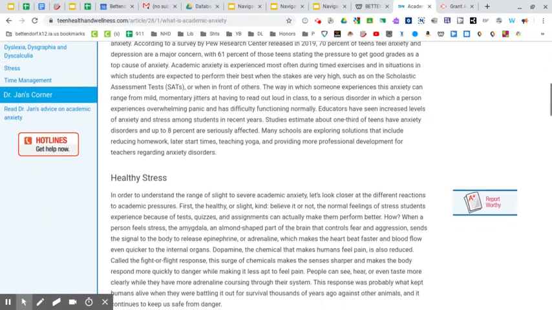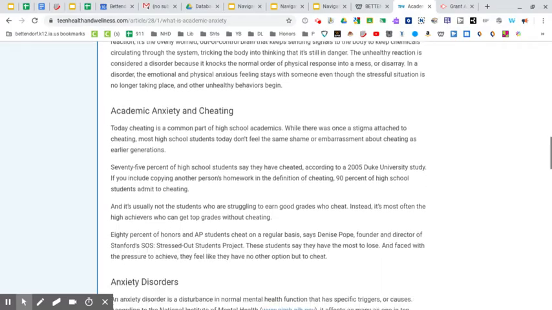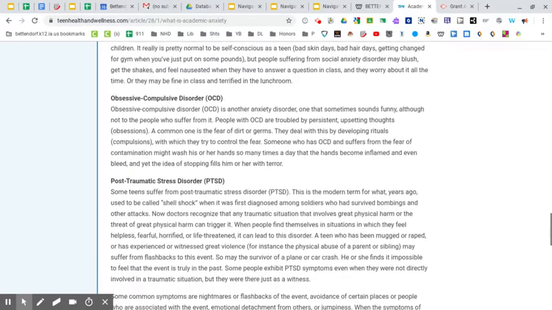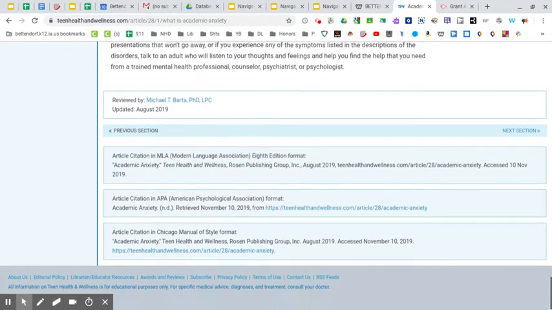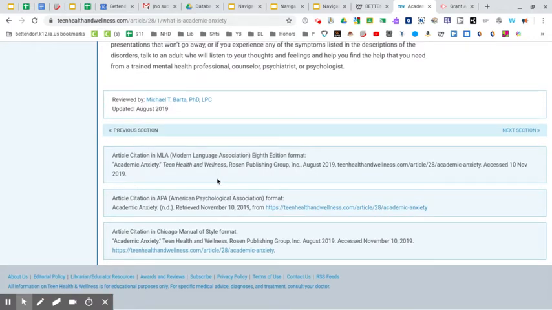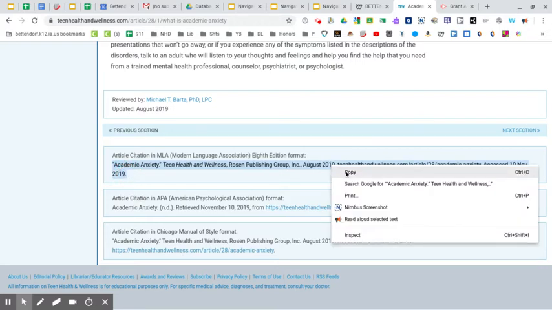And then a final reminder that down at the bottom of each article, your citation has been prepared for you. Okay, I'm going to go all the way to the bottom. And remember, there's 3 different formats in Teen Health and Wellness. We have our MLA, our APA, and the Chicago. And our concern is just with the MLA, the Modern Language Association format. And remember, your citation starts here and all the way down to the period. And then it's just a matter of copying and pasting it into a Google document that you will probably ultimately turn into your teacher for a